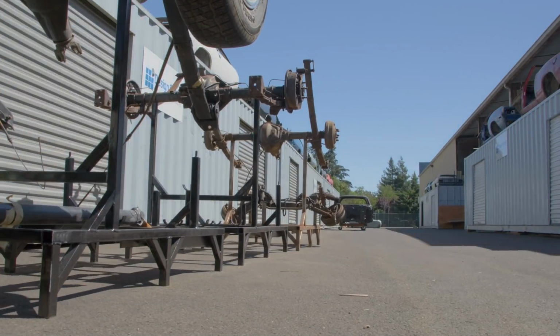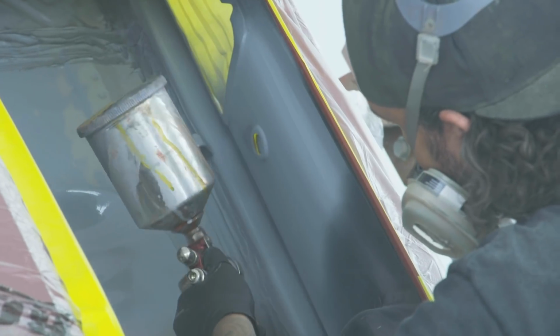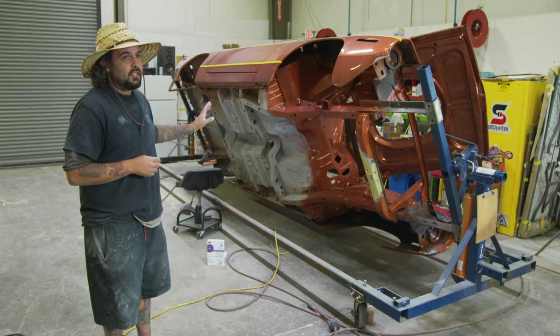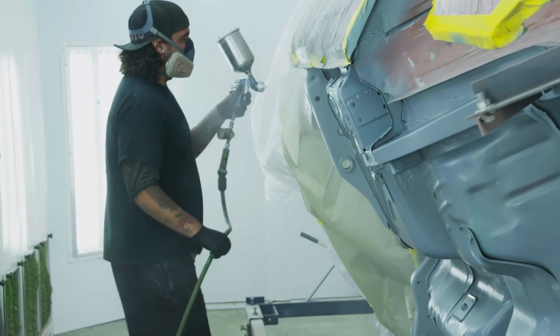So right now we have our 1970 burnt orange Cuda. We've done all the pre-paint, the final fit, everything looks great on it. On this particular car, the underside of it actually gets painted. It's kind of a dark gray, greenish color. So I'm getting the whole bottom sanded out, then I'll go in and paint the dark gray on it,